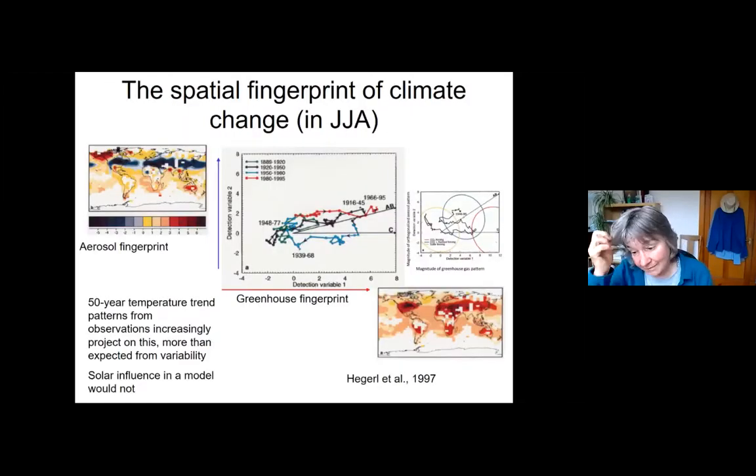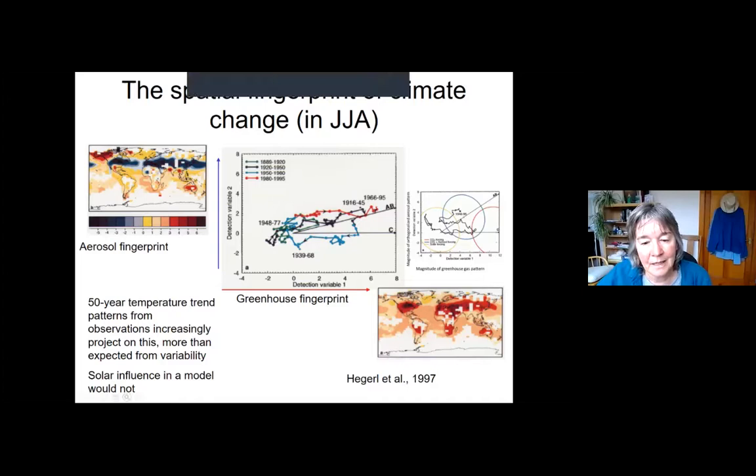I'm worried a bit that I'm running quite late. I could quickly go through the attribution method, which was basically looking at 2 fingerprints. And we had this paper that we wrote in 1997, Klaus and